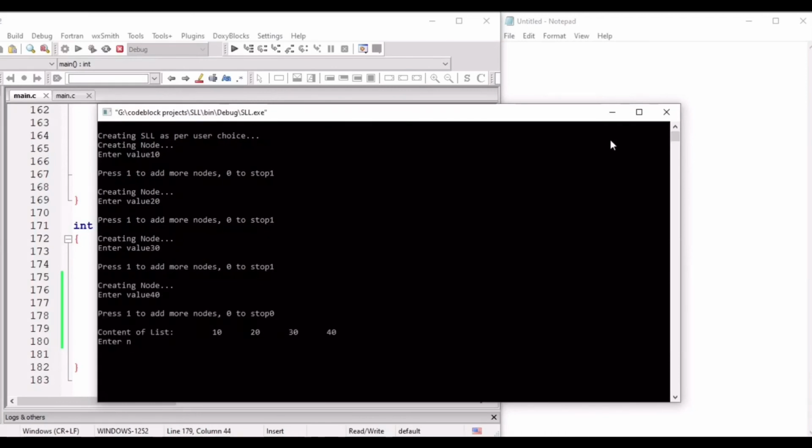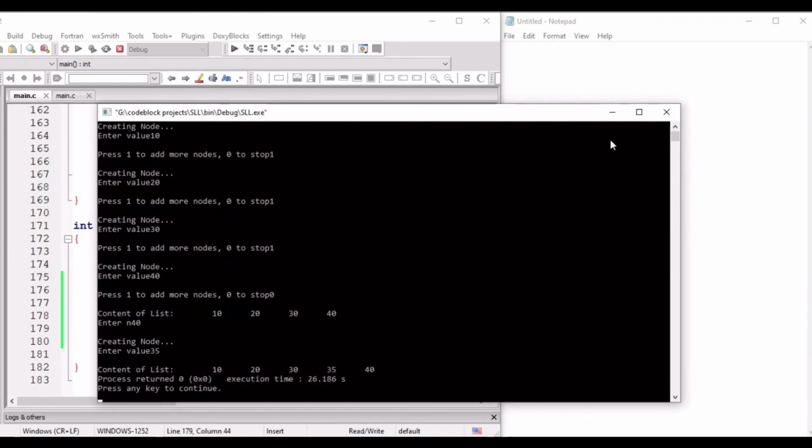Now I want to insert before a particular node in a linked list. Say I want to insert before 40. So let the value of n be 40. And now I have to enter the value of the new node. So let the value of the new node be 35. You see 35 has been inserted before the node value 40 inside the linked list.